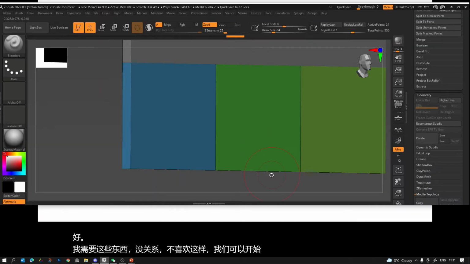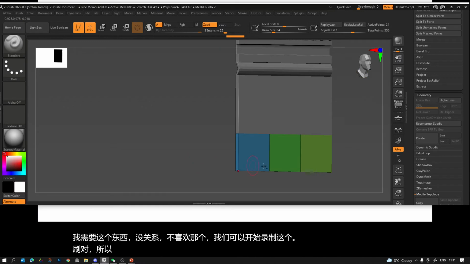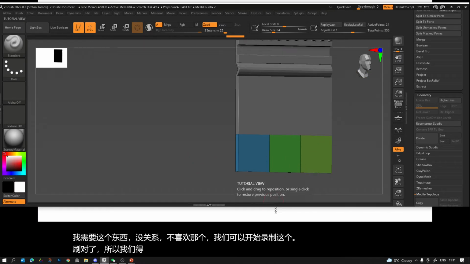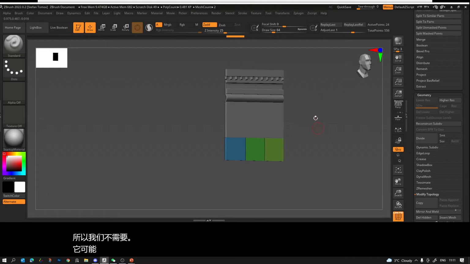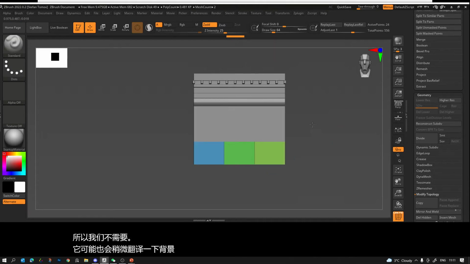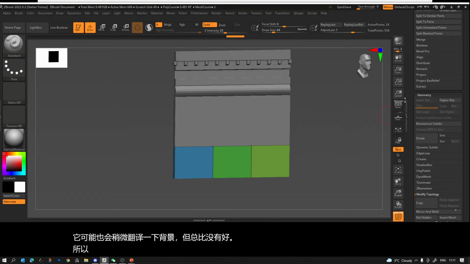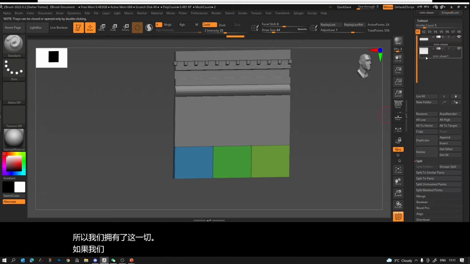Start recording, minimize this, open ZBrush. Right, so we got, yeah, and it's translated. So we don't need, it's probably going to translate in the background a little as well, but it's better than nothing. So we have all of this. If we just go back to show what we were doing,